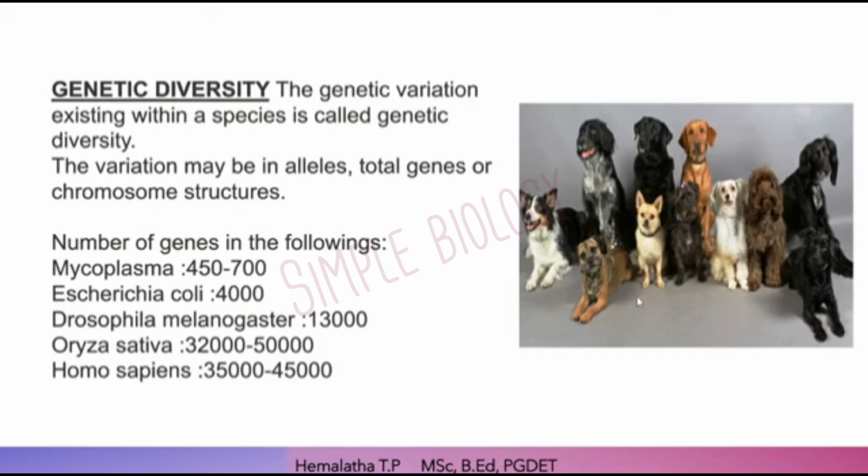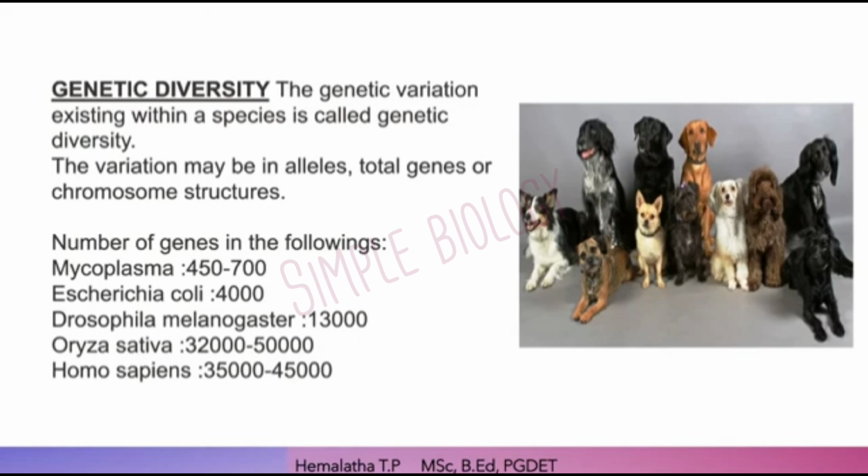How is it possible? It is because of genetic variation. Not only in dogs, even in other organisms we can see genetic variation, and that is called genetic diversity. For example, if we take human beings, all human beings are not the same. We differ from each other. For example, an American won't look like an African, or an African won't look like an Indian or Chinese. It means among the species we have different varieties. This is because of the gene arrangement in our body. Though we are considered the same species, we have variety among ourselves.